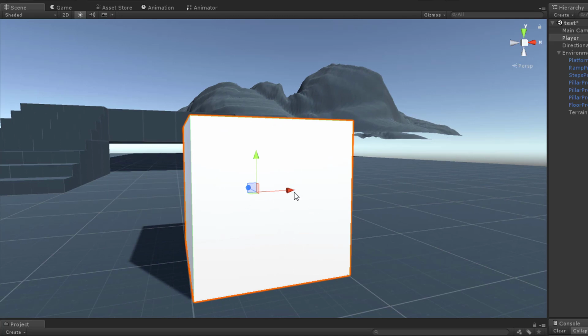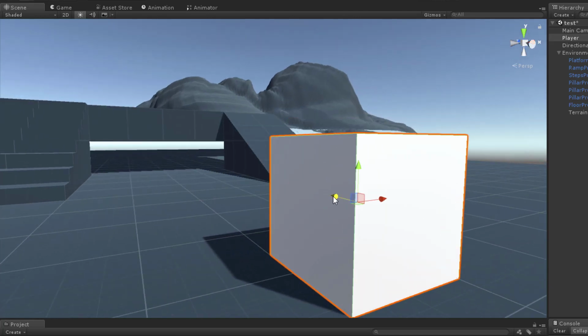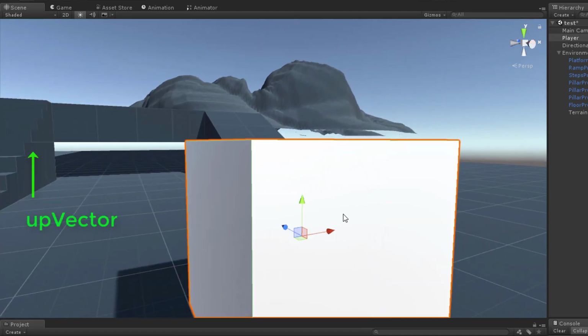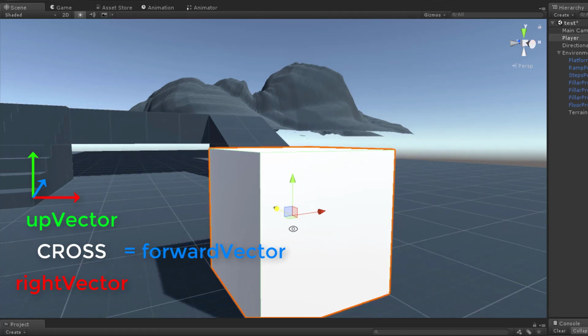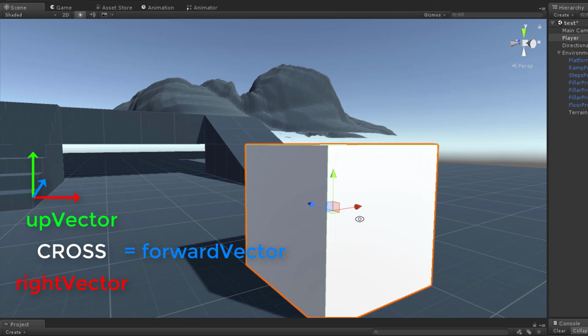Now, if we do a cross product on those, then we'll get the forward. We'll get this blue arrow. So really consider crossing the product of the transform.up and the transform.right, and that is how you get transform.forward, and that's universal for 3D graphics. So again, the cross of up and the cross of right will give you the forward vector, and that's exactly what we're doing with the